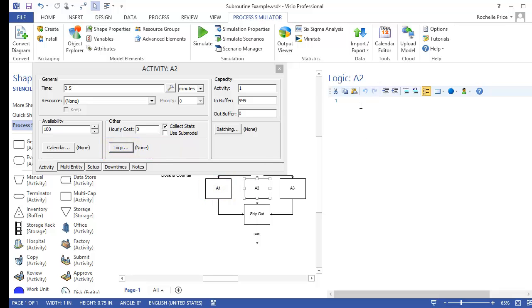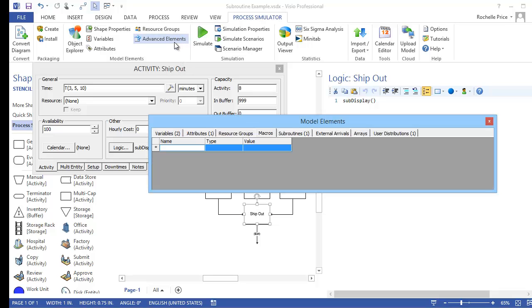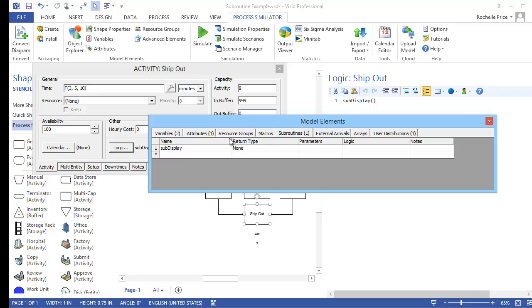I can come to A2 and paste that same logic in there, and I'll do it again at maybe A3, and we can do it here at shipping too. So I'm calling the same lines of logic from each of these 4 activity boxes. Right now, if I run the model, there is no logic in that subroutine, so nothing different would happen in my model. But if I come into my subroutine and go to my logic here,